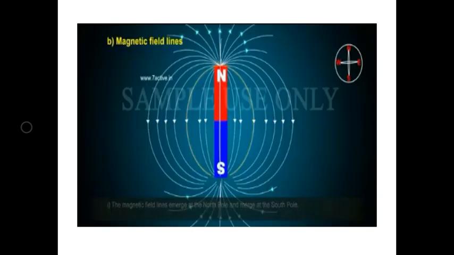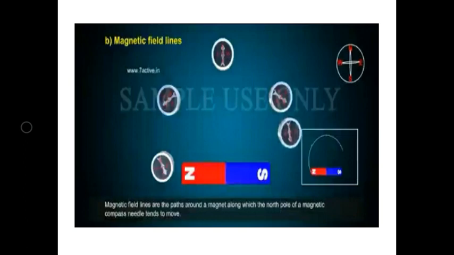You know, a bar magnet also produces a magnetic field. We can observe the magnetic field produced by a bar magnet by sprinkling iron filings near the bar magnet. The diagram shows the magnetic field produced by the bar magnet. Now, if you keep a compass needle near a bar magnet, we can see the deflection will be tangential to the field line. In the previous diagram, you have seen the magnetic field lines produced by the bar magnet, and here you can see the deflection in the compass needle is tangential to the field line.